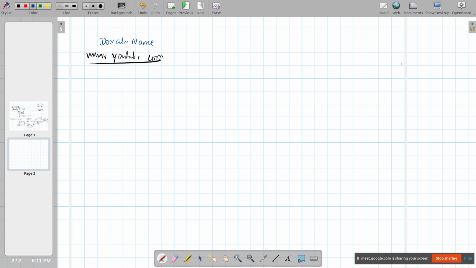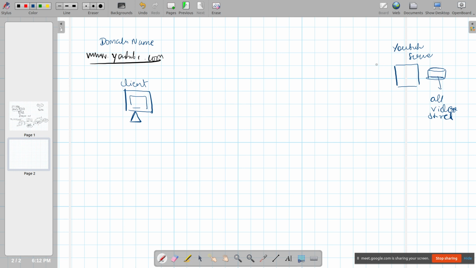Okay, so let's consider that there is a YouTube server here. On this YouTube server there is a database, and in this database all videos are stored. Let's say we want to see a video, so we have a computer here, and on this computer we want to see the video. So this will act like a client. What does the client have to do? The client has to ask the server, hey, please give me the YouTube video.